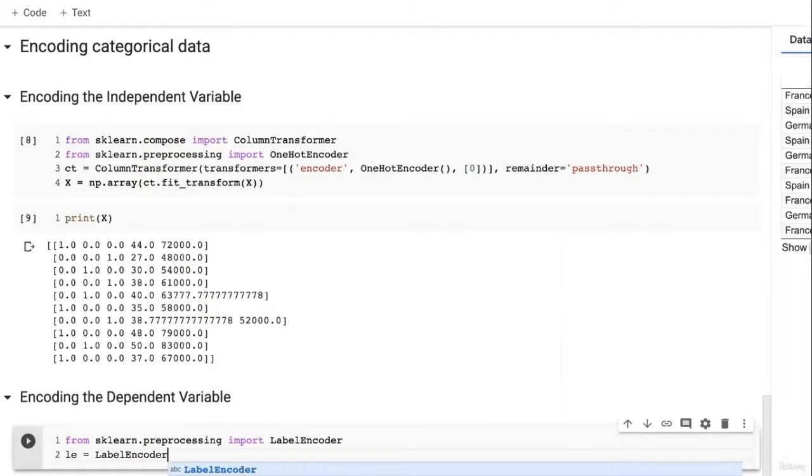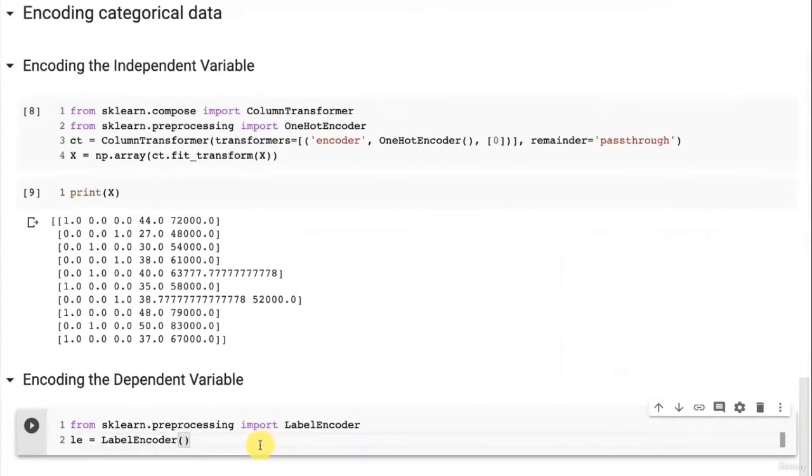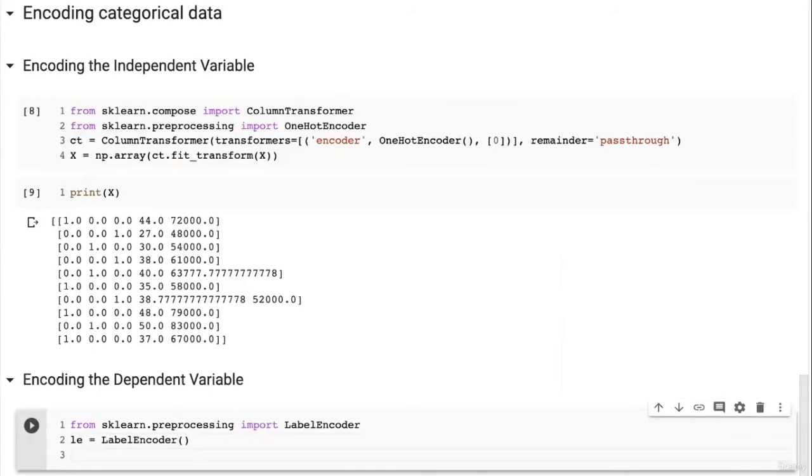We're going to create an object of this class, which we're going to call LE. We simply need to call the class LabelEncoder, then some parentheses, and we don't have to put anything in the parentheses. We'll just need to enter directly because it is one single vector, which will be obvious what will be needed to encode that. First, call our object LE,